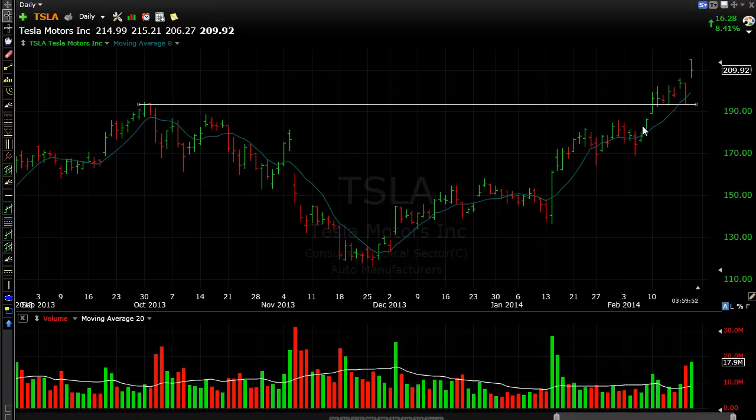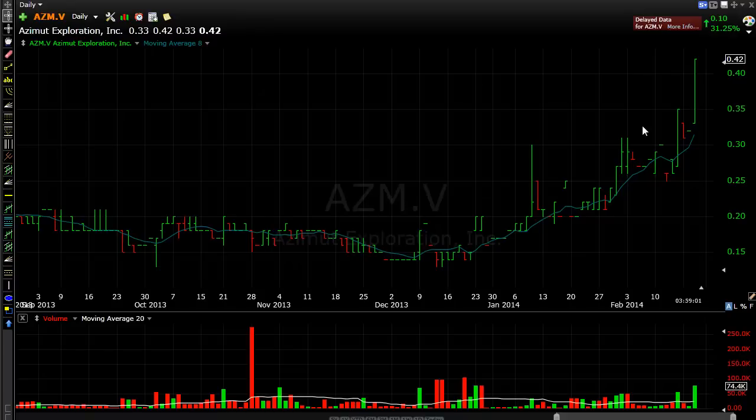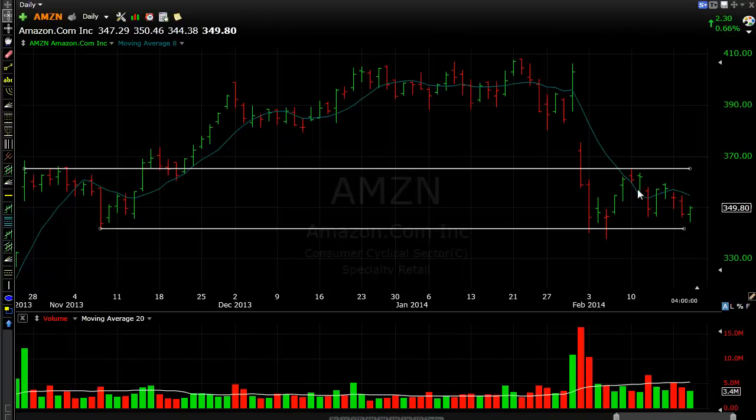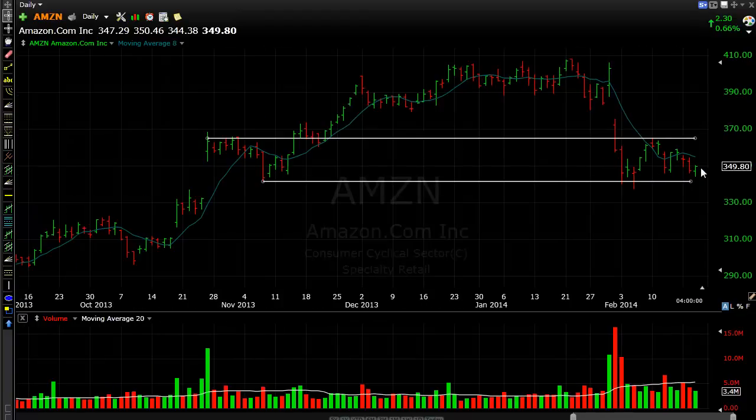Also, the next one I want to discuss, let's start looking at some different types of stocks. Let's see. We got Amazon here, still playing around in this trading range or region. I've been talking about this one for the last couple weeks. It's got this region or area. It's still just consolidating and basing, so we'll see. It could be setting up for the next leg higher to retest this high, or it could be setting up to go lower. But right now it's just basing and consolidating to figure out which way it's going to break,